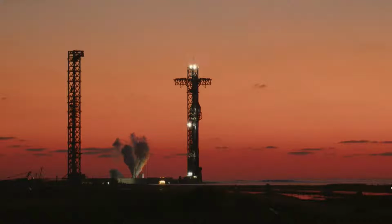Definitely. Today's Starship features a completely reworked heat shield with stronger tiles and a secondary layer, which is an extra layer of protection that will help protect the ship if there's any missing or damaged tiles. Now, not only did we replace the entire heat shield with our newest generation of stronger tiles for today's flight, we'll also be flying a handful of aluminum tiles that are there to help the team understand the thermodynamic environment